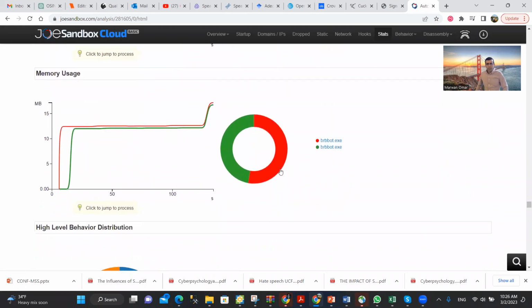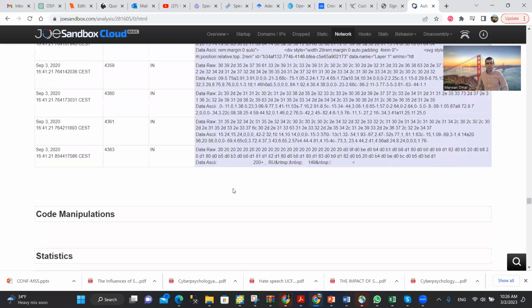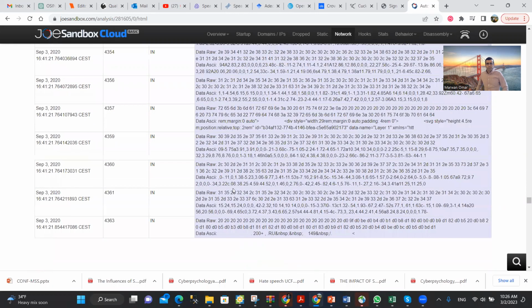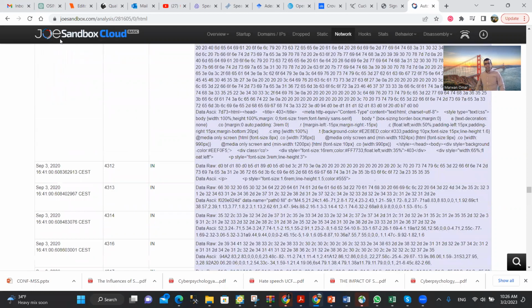This is the memory usage by brbot.exe. And this is a high level overview. If we go back